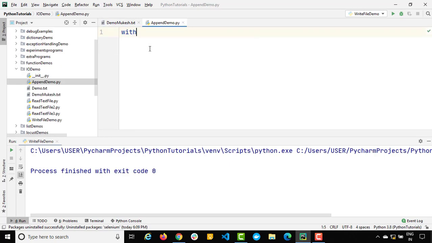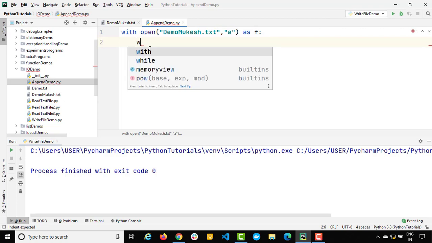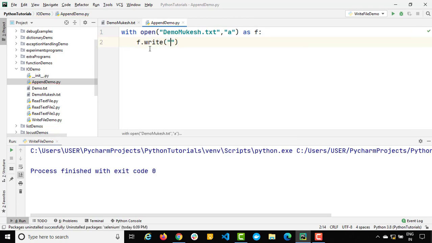and again I will say with open, and as usual I will be giving a file called demo mukesh.txt. And guys, just remember, we are not giving read, we are not giving write, we are giving append. So for that you just need to say a, and we will be giving file object as f. So first of all, I just want to write f dot write, and here I will say hello, then